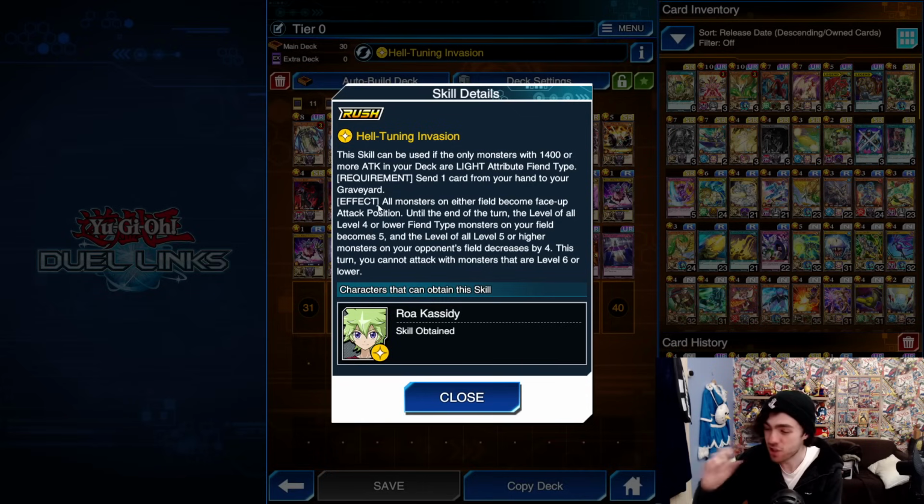So already, just that first line is a ridiculous skill for Rush Duel. Keep in mind, we just got stop defense as an SR card in this game. This skill just does that for you for every single one of your opponent's monsters. Alright, until the end of the turn, the level of all level 4 or lower fiend type monsters on your field become level 5. Again, already that is a bonkers skill considering the deck list loves to have level 5